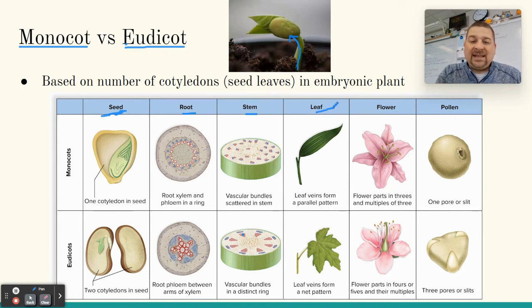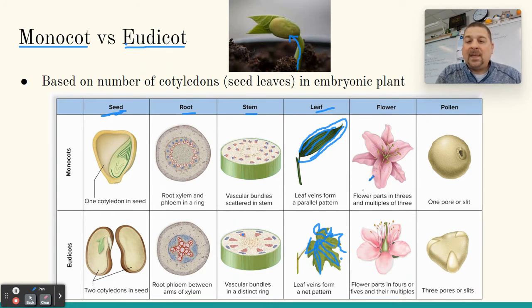When we look at leaves, there is a difference. Monocots tend to have a smooth-edged leaf, okay, and the veins are in a parallel venation. So they run kind of parallel to each other out over the leaf. Whereas dicots can have smooth leaves, but oftentimes you'll see kind of a jagged edge, and they have a net venation. So there's different ways that can happen, but usually they'll have a starting point and they'll sort of net